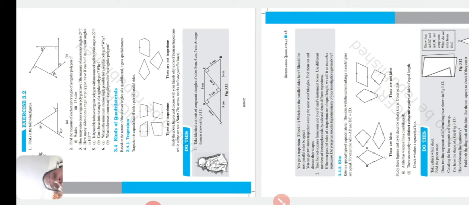In a kite, always adjacent sides are equal and the diagonals intersect at a right angle. Okay, understand? Now